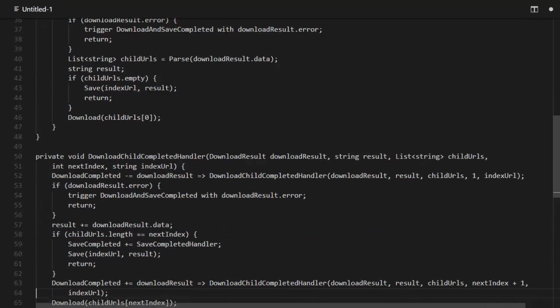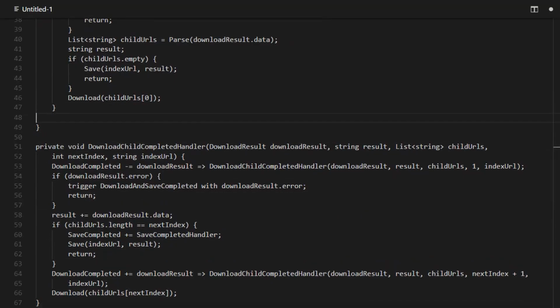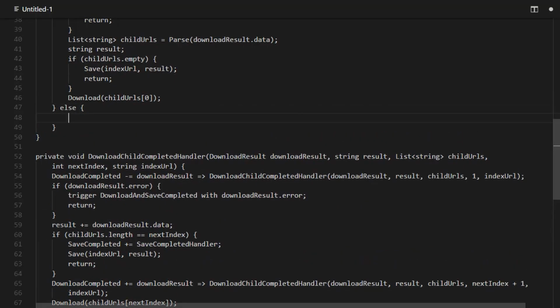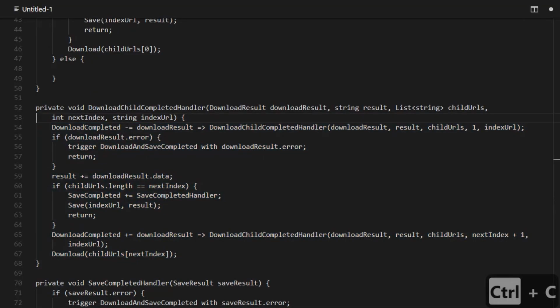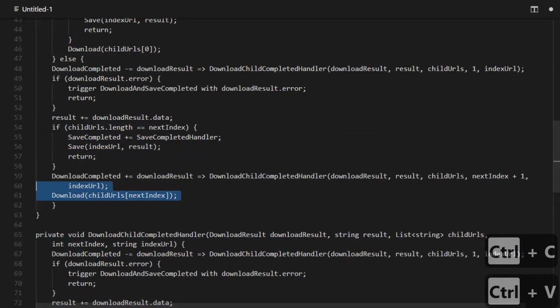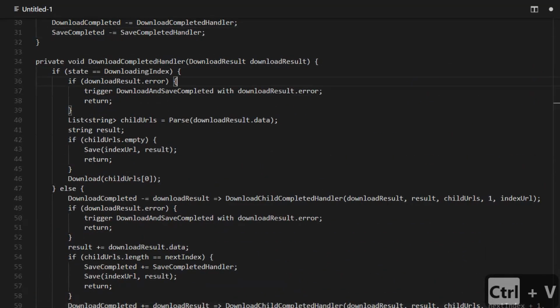Otherwise, we want to do this stuff and put the download child completed handler stuff in here. So we're going to do else. Let's just take the whole thing and then we'll clean it up. So we're going to take this whole handler here and shove it in the else branch. So now this is if our state is downloading index. Otherwise, our state is